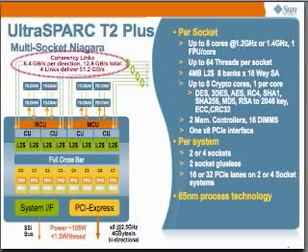This is a very crowded slide. This is the high-level block diagram of the system. You'll see the 8 cores there, C0 to C7. As you know, on the T2 and the T2 Plus, each core has its own fully fledged floating point unit. That was a big change compared to T1. Then on top of that block, we have the L2 caches and the MCU, the memory control units. What's new is this CU, the coherence unit. Cache coherence allows you to have a single system image, even if you're spanning